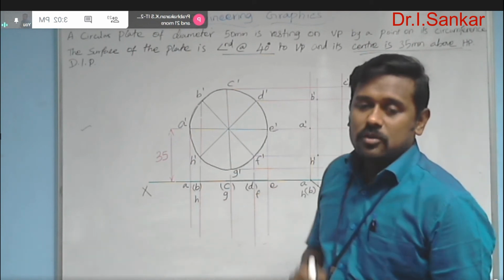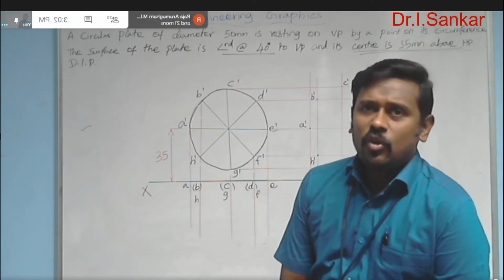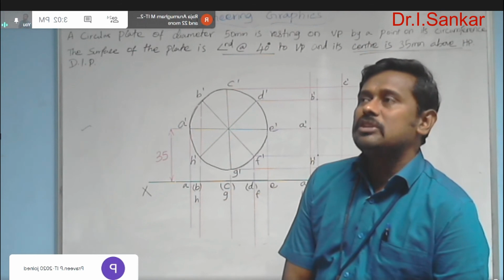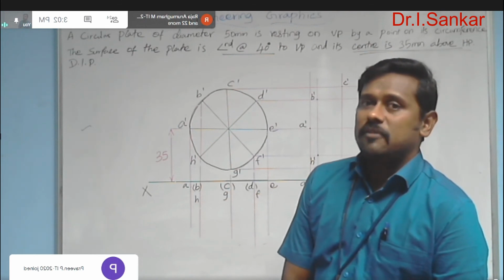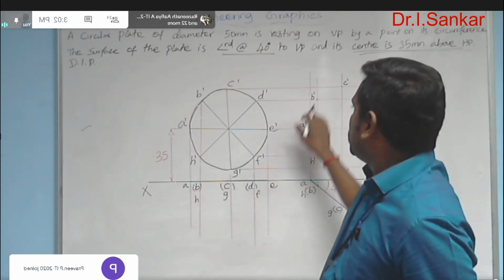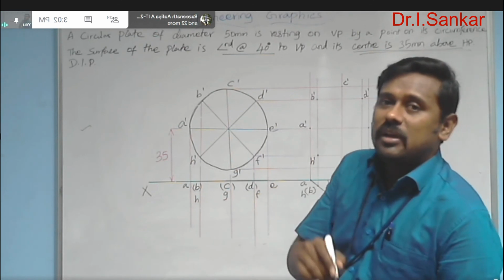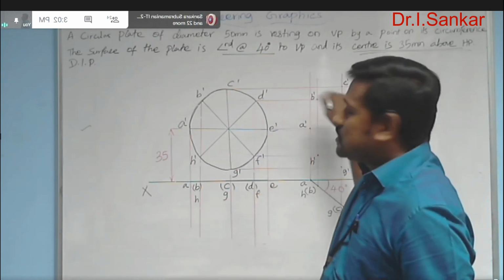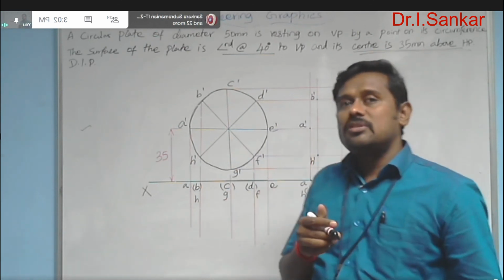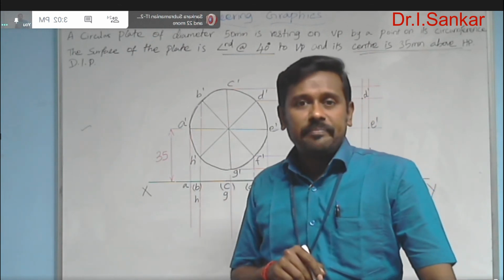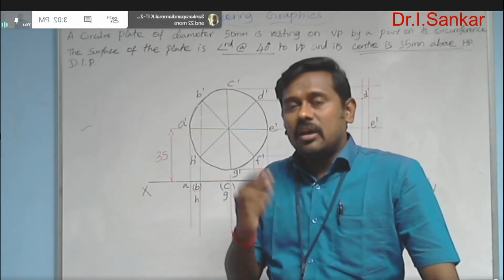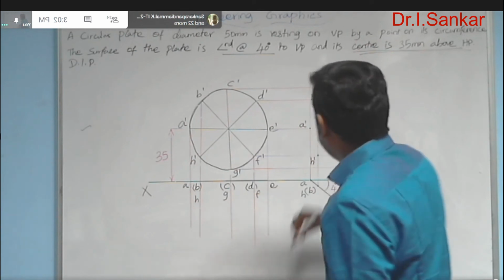For that you can use your French curves. I have already given you practice on how to use the French curves. By using the French curve, first you can roughly join all the cut points. After that, by using freehand and with an HB pencil, you can finish it up. When you are going to use the French curve, use a 2H pencil. After making it dark, you can go for the HB pencil.